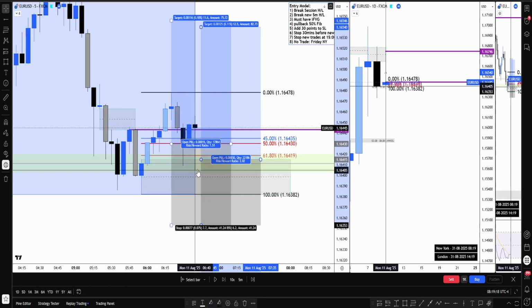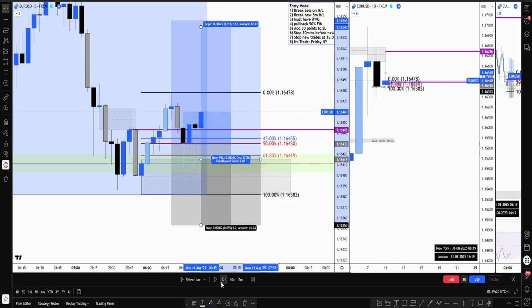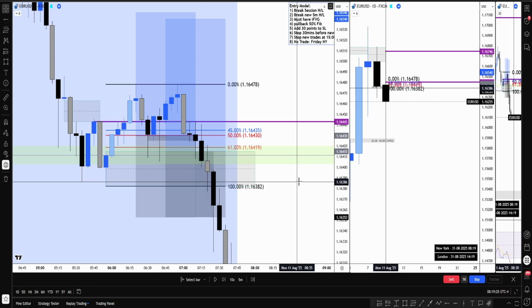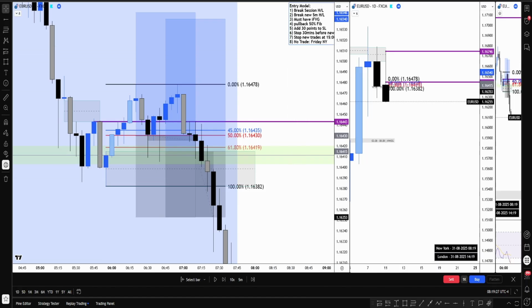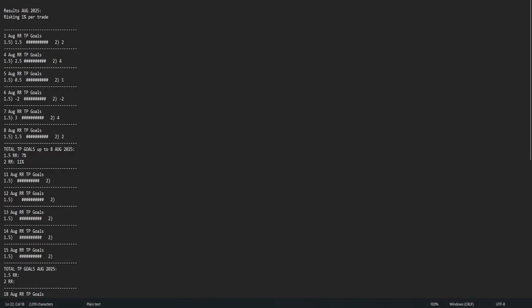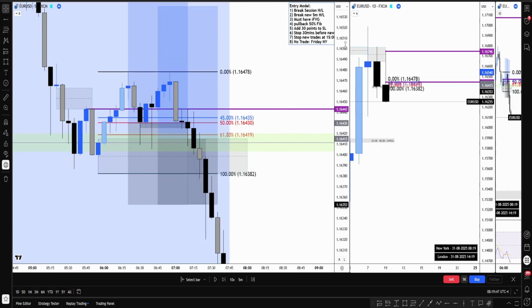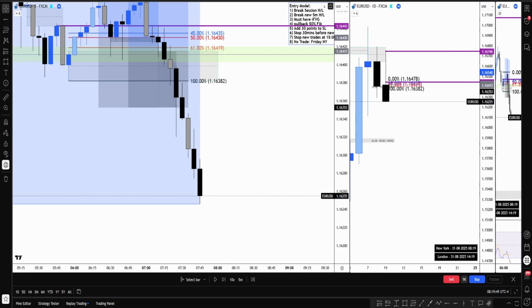Okay, we enter both trades here. And we got stopped out. That is it. So now we go ahead and we mark it out on our sheet. So there's a 1 loss. And there's a 1 loss. Whoops, minus 1. Sorry, minus. There you go. All right. Here we go. Right, let's move forward. So that was a loss for London session.